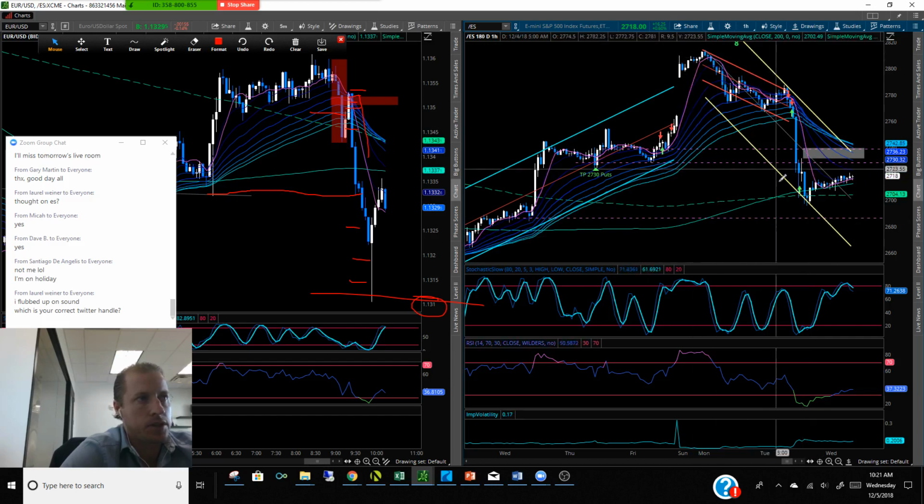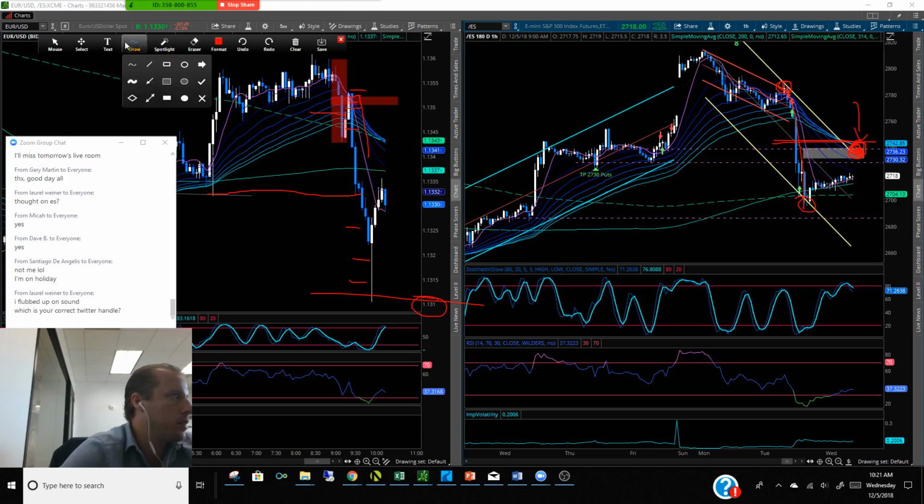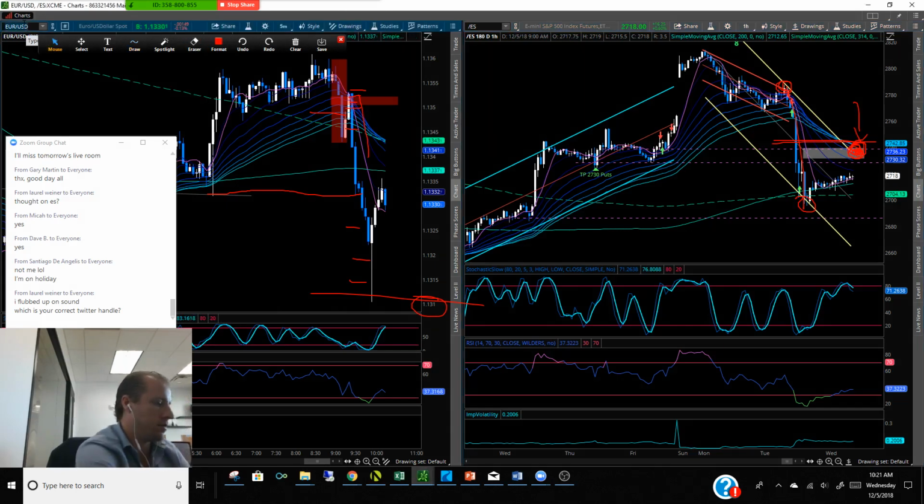If you draw the regression channel, the top of that channel now, from a standard deviation standpoint, is here. This was the low, so that kind of comes in the same spot as the band here on the hourly. 50% of this move down, right about there. So this whole zone, I think, is where you want to fade the market again, if we even get that high. We talked about it this morning also,